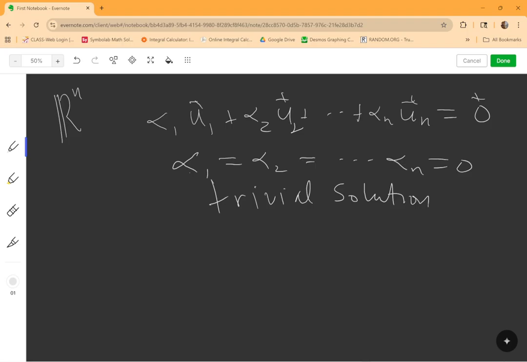And that's when we try to solve that homogeneous system of equations in alpha 1, alpha 2 through alpha n. And there we develop a bunch of different theorems or ways that we can describe this idea, through linear independence, a non-singular matrix, etc. Now, the goal is if we only have the trivial solution,